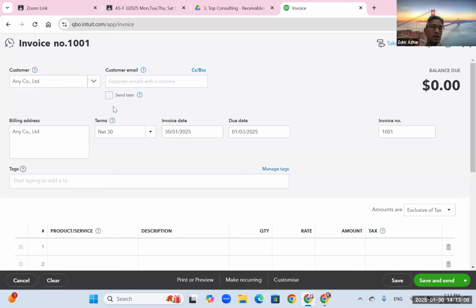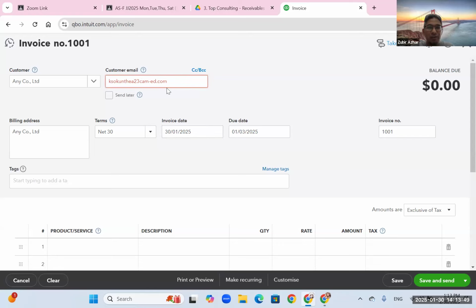Okay, now the next one is for you to fill up the customer email. Do you know customer email? Supposedly, if we sell anything, your customer might be providing their phone number, their email address, then you should have one email address of your customer. But since this is just a case study, then perhaps you also want to see the document, how invoice looks like. Can you put your own email address to replace customer's email address? So we just imagine that we are the customer, right? We just want to have a look at the document later on.